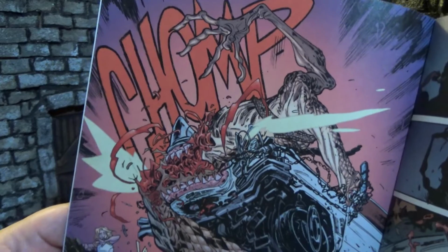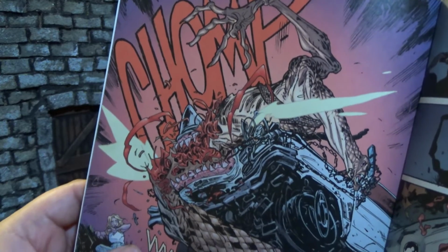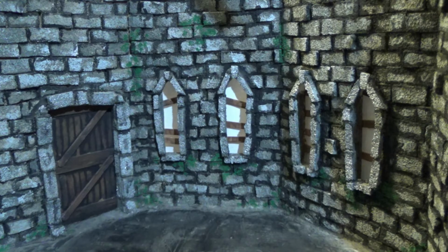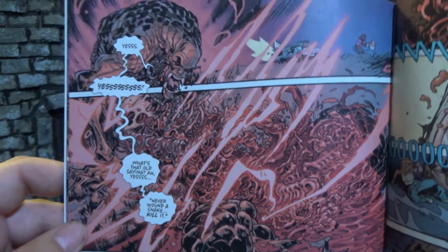But that being said, you get to this point in the story with Giant Snake Man being bit in half by Shark Truck, and yeah, it's way too far. It doesn't feel like a sequel to Basketful of Heads. But anyway, Snake Guy can't be killed so easy, and he starts to regenerate, and that's when she opens up the truck